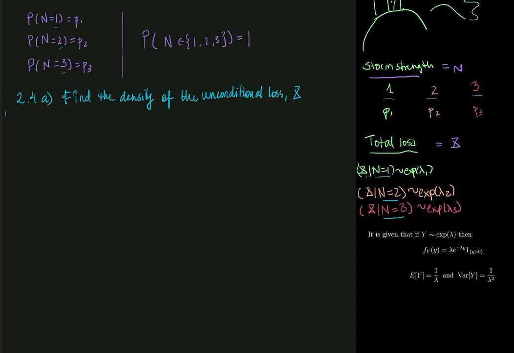Well, we know that given n is equal to 1, X has this distribution. Given n equal to 2, X has this distribution. And given that n is equal to 3, X has this distribution. So in some way, we want to take these conditioning things into play. And how do we do that? Well, first of all, it's a bit more intuitive to work with distribution functions instead of densities. So just recall for a moment here that